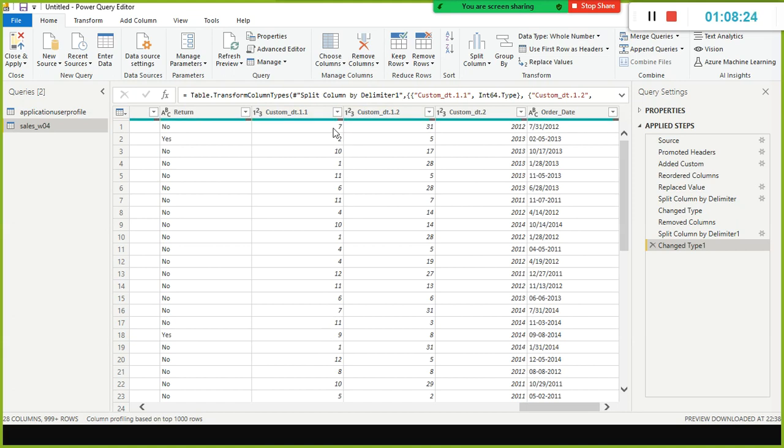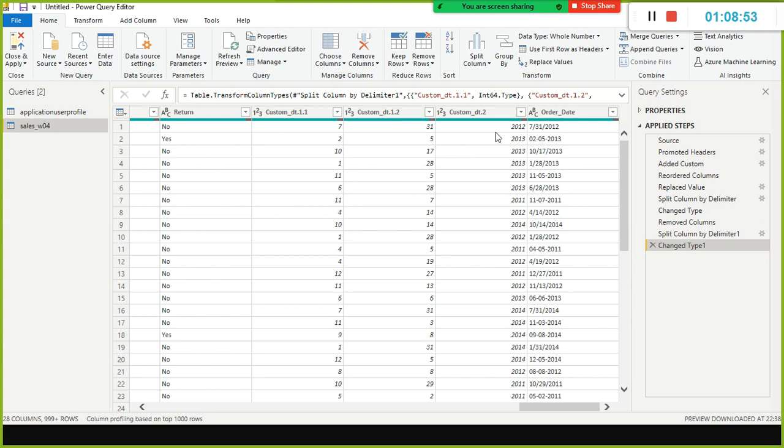And what is the next step? This is the month, and the date and year. You need to combine all the things. How will you combine them? You have something called merge columns, using which you can merge all the columns. But using a DAX function, we can write it in one single step, so we don't have to merge everything this way.